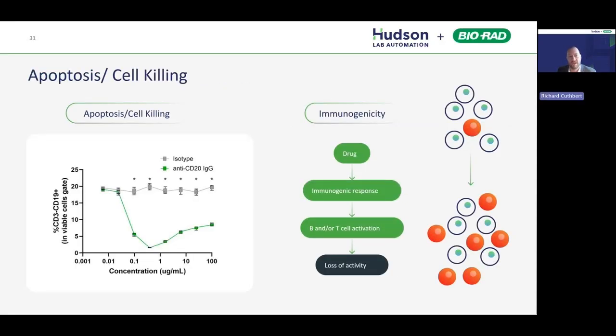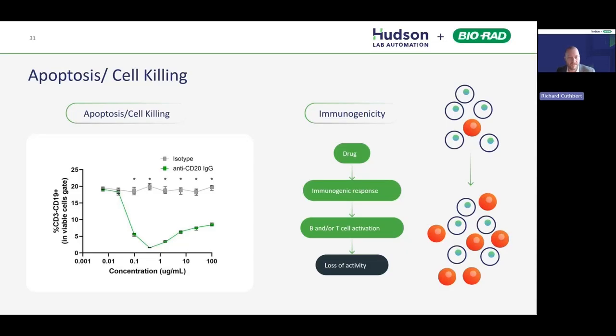A lot of drugs have a mode of action that relies on selectively killing one type of cell whilst not affecting other cell types. Here we have a rituximab biosimilar that selectively targets B cells. And you can see we get a significant drop in the proportion of B cells expressed in this CD3 negative,